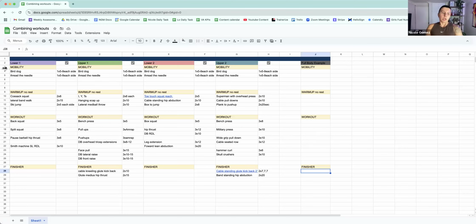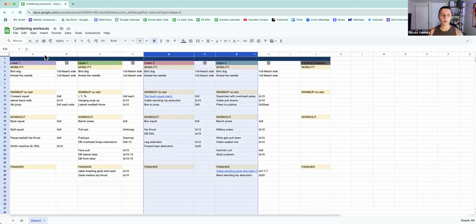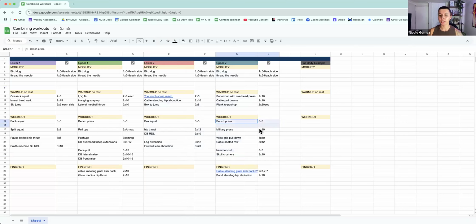Okay, cool. So basically, this is laid out in a spreadsheet. You kind of have it on your app. So let's say I'm going to prioritize doing upper one and lower one, and I'm going to combine lower two and upper two. What we want to do here is take the main lifts from lower body and then upper body. Similar to if you're low on time, it doesn't really matter if you're hitting your biceps and your triceps. Let's make sure that we're hitting the bigger lifts. That's what we're going to do here.